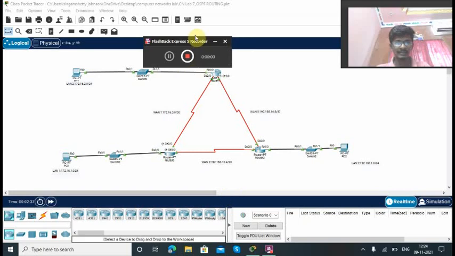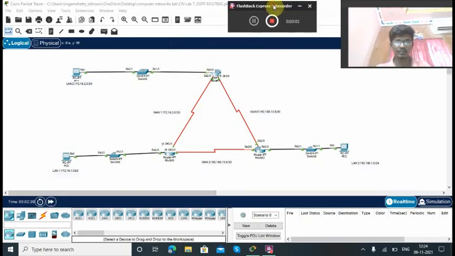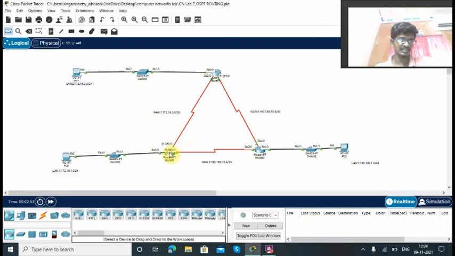Now I would like to explain experiment number 7, OSPF routing, in the Computer Networks Lab. First we design a topology. So we are going to do the configuration using the OSPF method. We already created this topology, and in that, first we go to